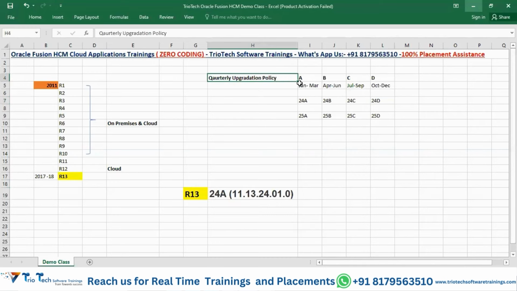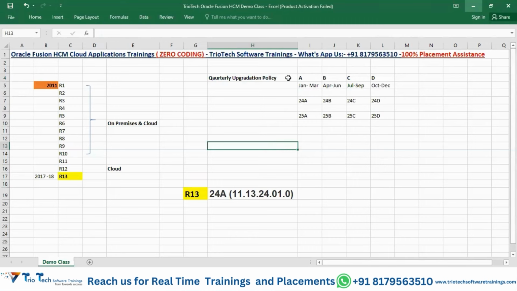What will happen every quarterly upgrade? As an implementation consultant, we should be aware of this while working on this technology. All of that I will tell you later, team, during the implementation time or when we start the training program. I'm going to tell you all those aspects, like every time an upgrade happens, what sort of new functionality is coming, and where we can refer in the system in order to